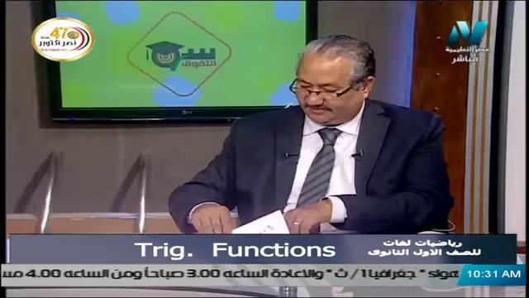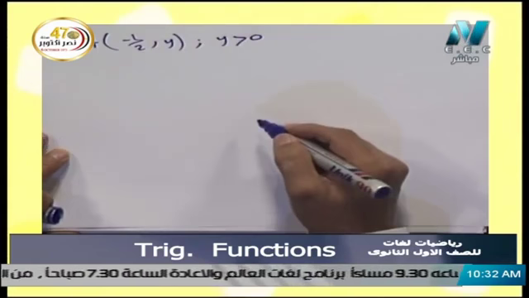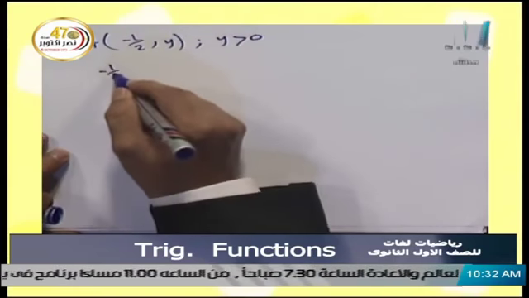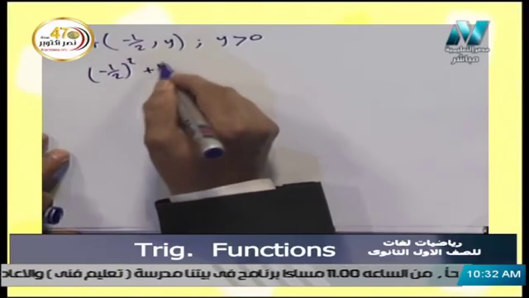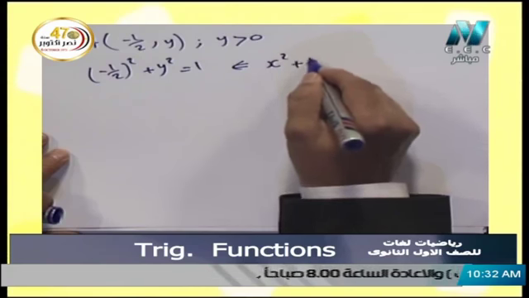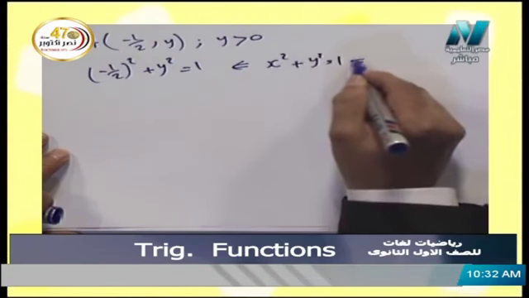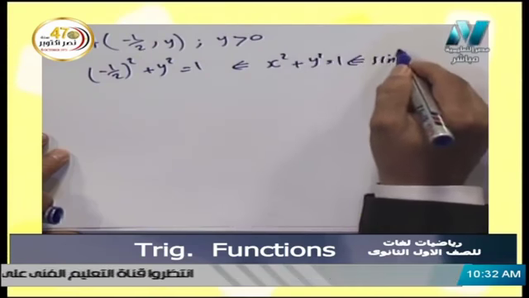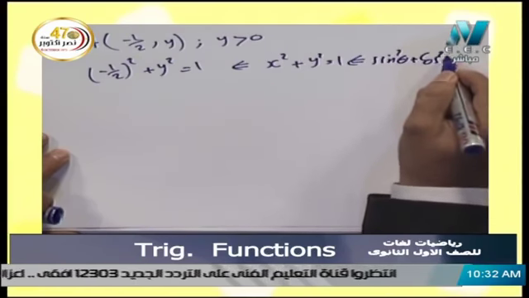Let's talk again about x and y. We have a point A on the unit circle, and this point is (negative half, y), with a very important condition that y is greater than 0, which is positive. We have negative half squared plus y squared equals 1, because of the rule that x squared plus y squared equals 1, or sine squared theta plus cosine squared theta equals